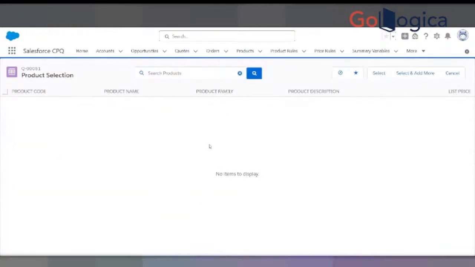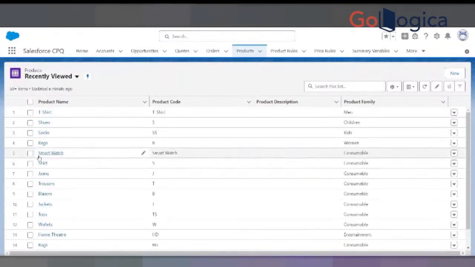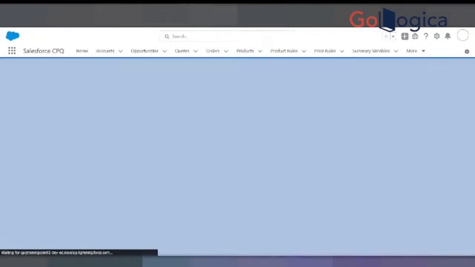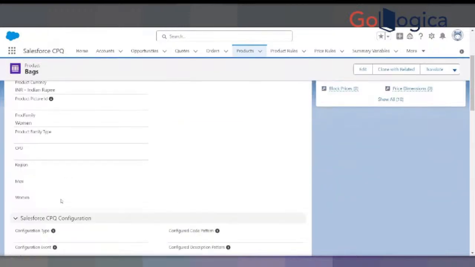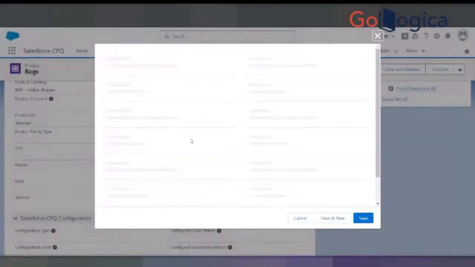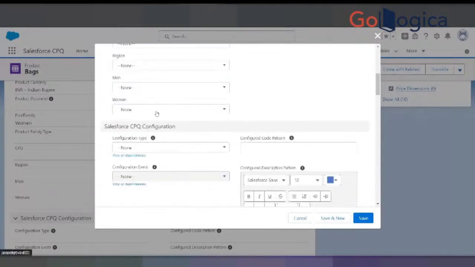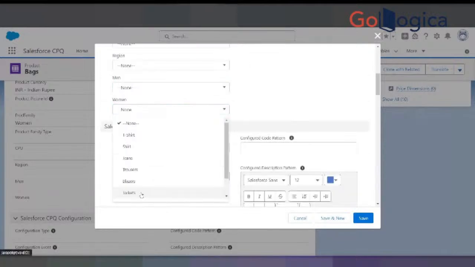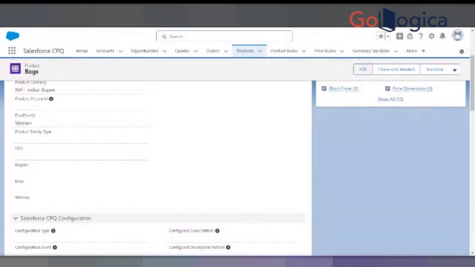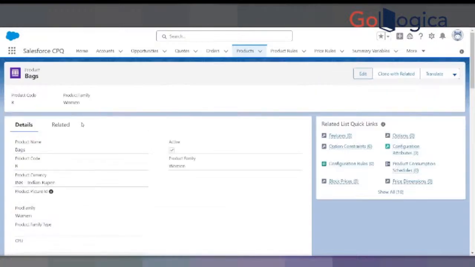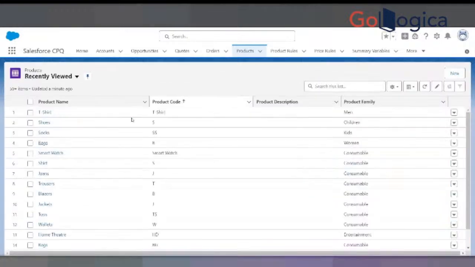Why is it not showing the products? We have added it. We gave the price. This is not the one. If I go on selecting the other product which I have,